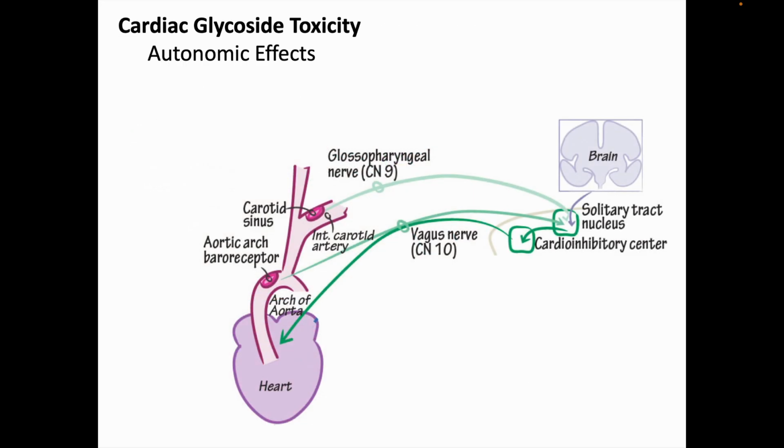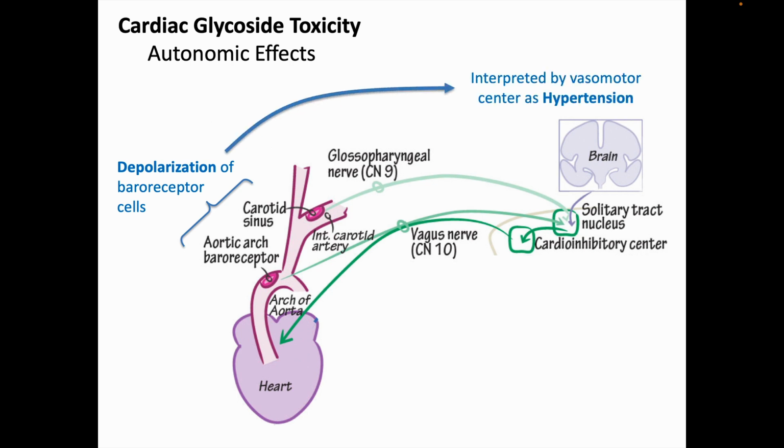In addition to the myocardial effects just discussed, cardiac glycosides produce autonomic effects too. Just as the sodium-potassium ATPase inhibition causes myocardial cells to become relatively depolarized, it relatively depolarizes other cells too, including baroreceptor cells in the carotid sinus and aortic arch. This fools the baroreceptors into reacting the same way they would if there was systemic hypertension, and that signal of,